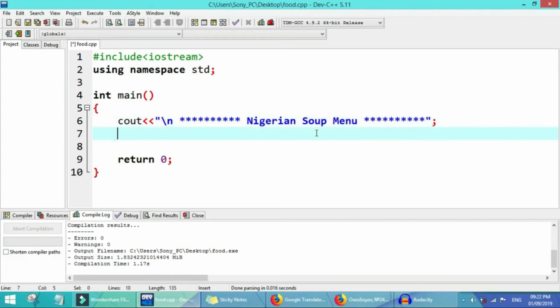Okay, so the next thing we go follow now, we go write the number list of the soup that we want display for our menu. So cout number 1, we'll say plate of pepper soup.